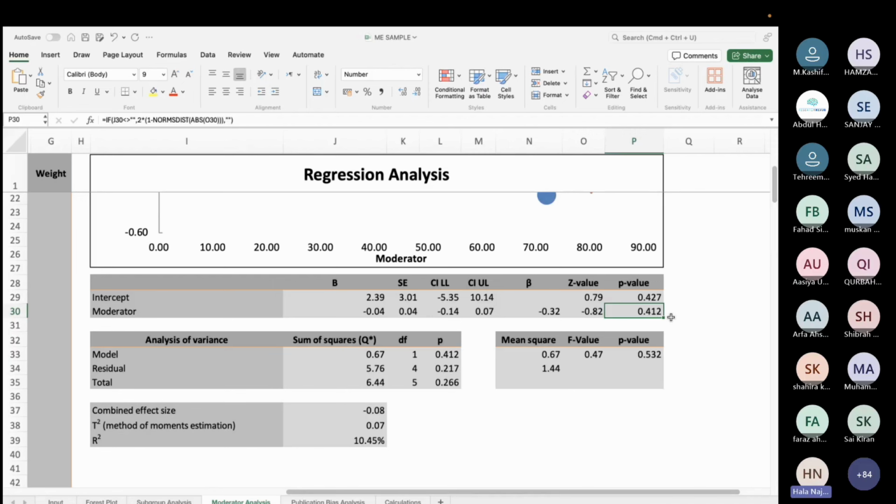It's very good, non-significant. Yes, Saman, you're right. So how do I interpret it? It shows that there is no significant association between age and the MACE outcome. So basically, age has no effect on the outcome. सही है? कौन सी p value देखनी है? ये वाली p value जो highlight हुई है green में in the moderator row. There are lots of values given. All you're concerned about is this p value 0.412. You don't have to worry about the intercept. Yes, Mariam, you're absolutely right. This means that MACE can occur irrespective of the age group of the patients.